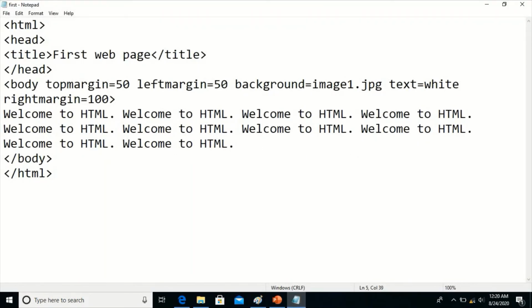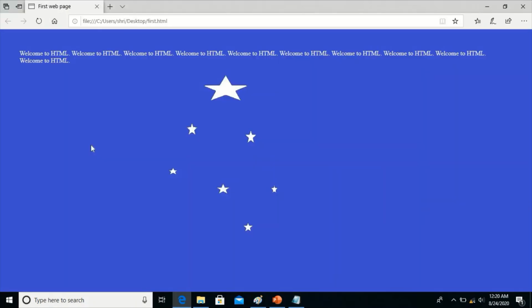So it is required to specify the correct attribute name. In next lecture, let us learn some more tags in HTML used for formatting the web page.